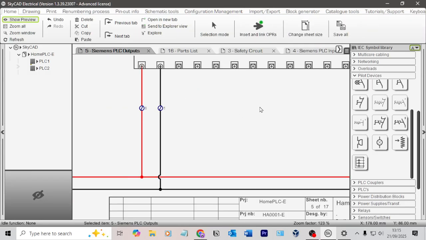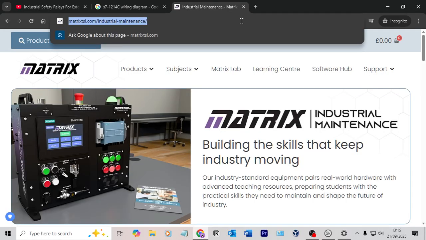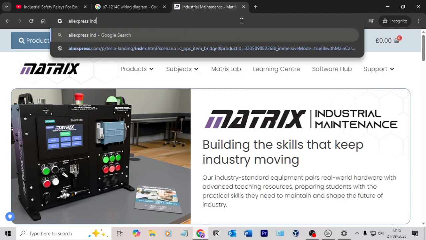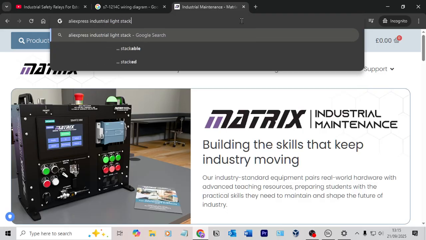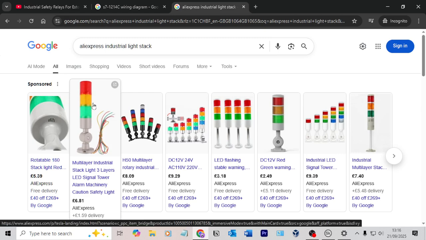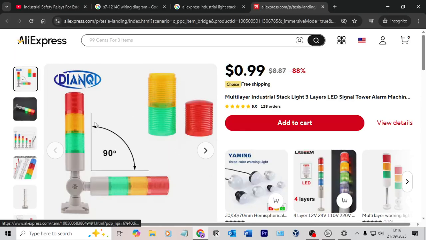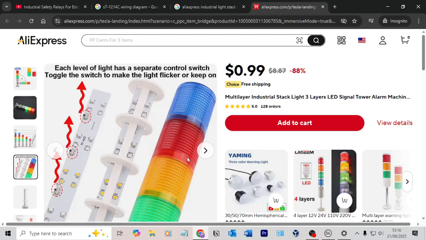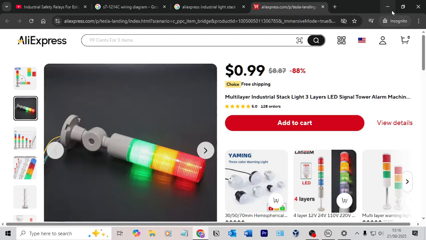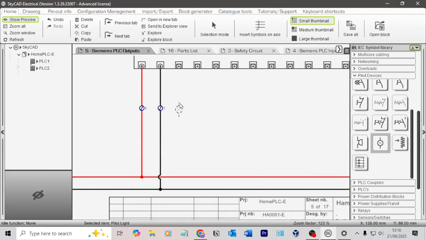I'm not going to do that here, even though I have a light stack. So the light stack I have is just like an AliExpress industrial light stack. One of these, right? Literally, I think that might be my exact one that I've got. So it's kind of 3 separate LEDs, 3 separate lights. If you were like that, so maybe it's one. I don't know. Depends on how you want to do this. I'm going to do it with just a pilot light like this. So if I do that,